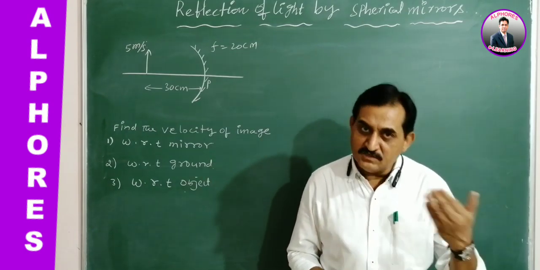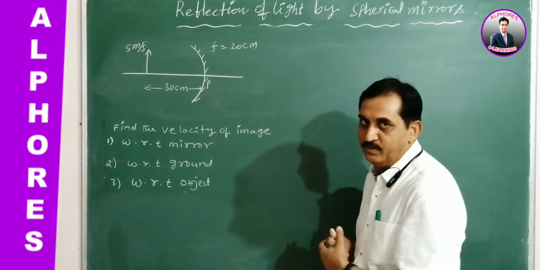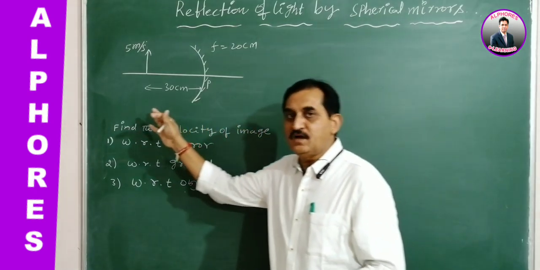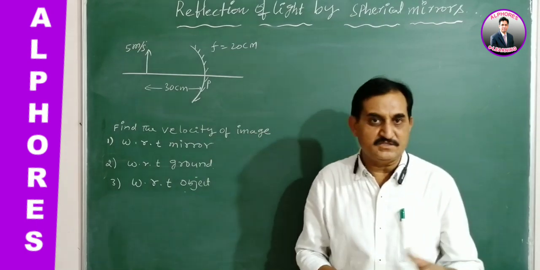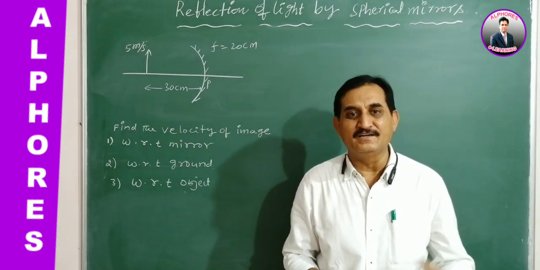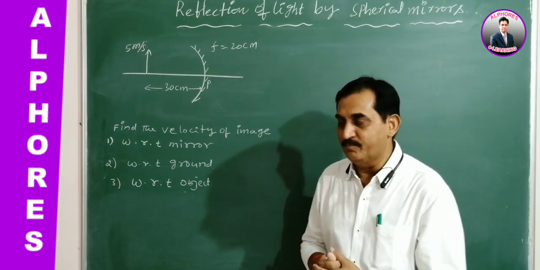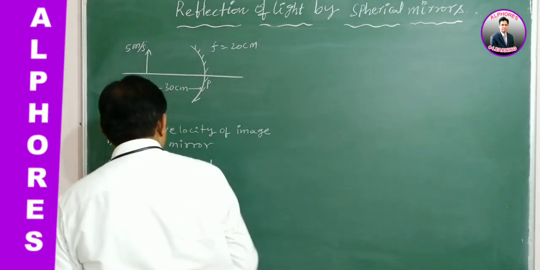That is calculated by using the formula we just derived, and we solved that problem. The next one is the object moving in the perpendicular direction; this is case 2. Case 3: the object is moving in an inclined direction. Okay, so let us see the problem relevant to case 2, the object moving perpendicular to the principal axis.